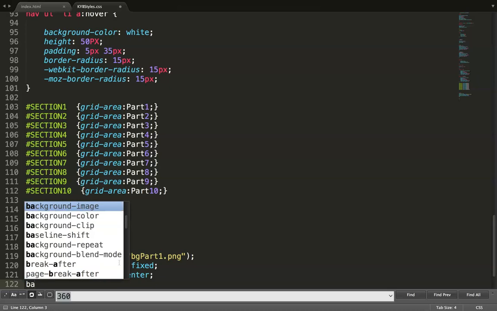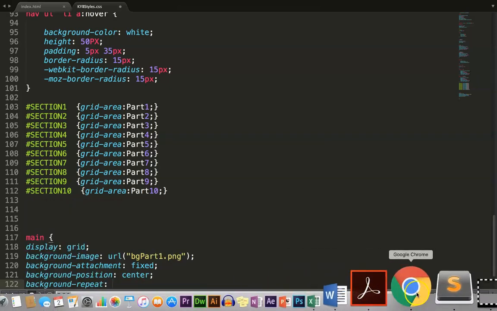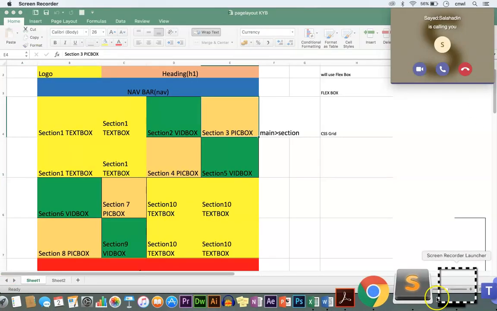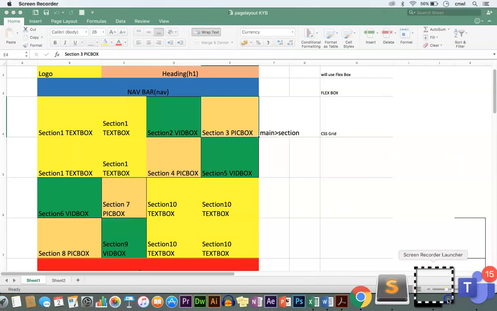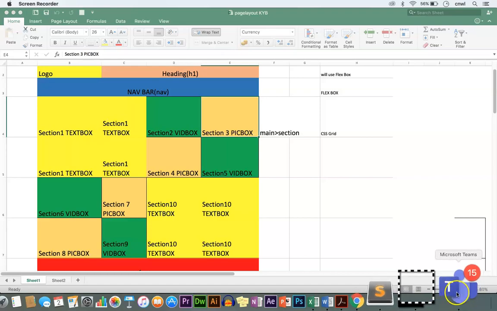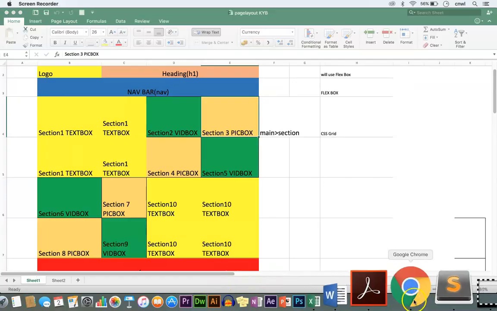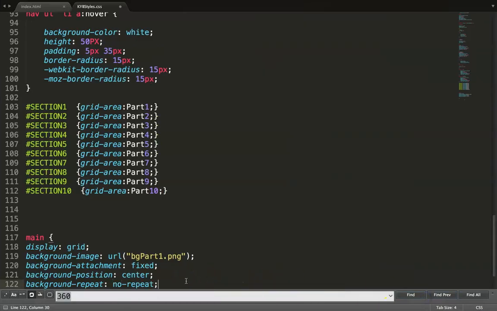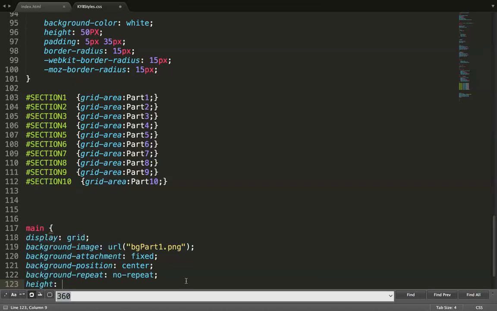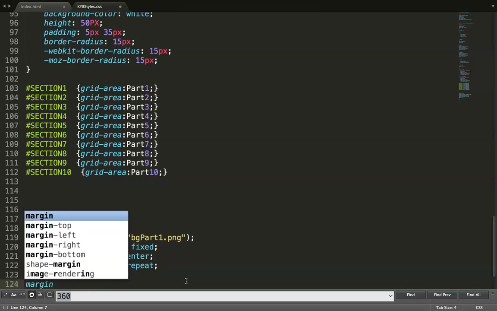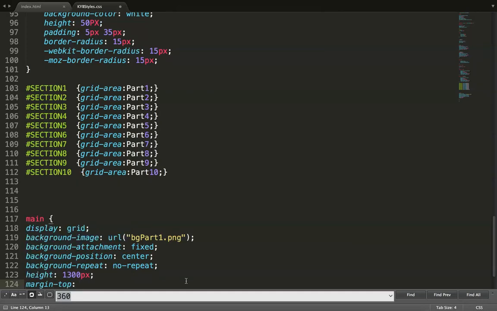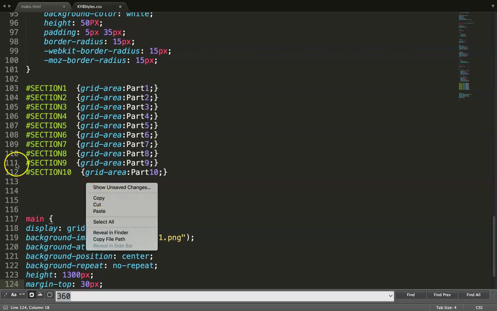and then the background repeat is going to be set to no-repeat, and we'll give it a height of perhaps about 1300 pixels, and the margin top, so that it has a bit of space from the top, 30 pixels. Okay, so the whole layout, if I save this one